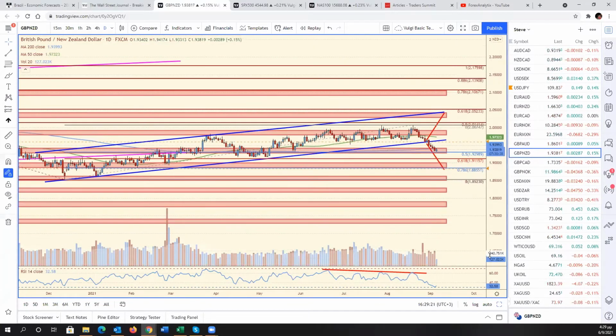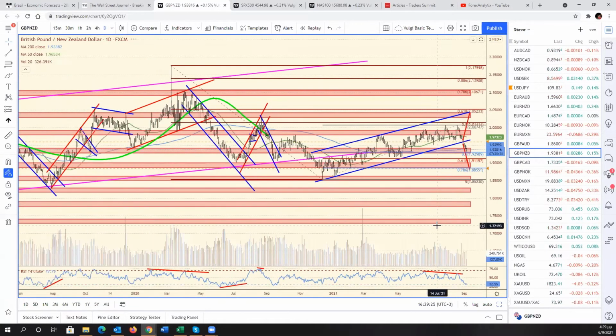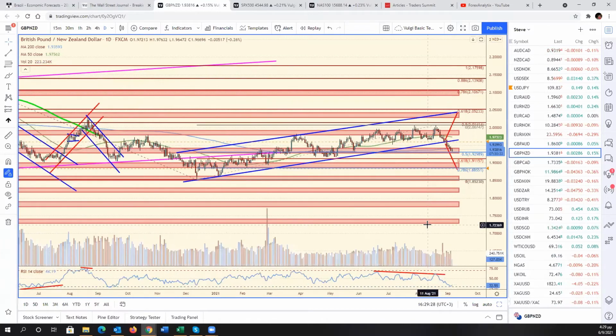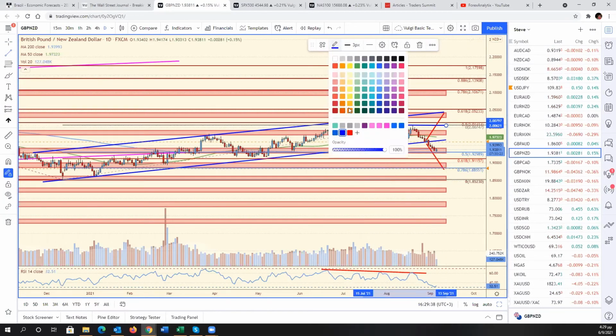Now, if you notice the pound Kiwi, though, you'll notice a clear breakdown from the channel. Now, if you want to be really granular here, you'll also notice a double top